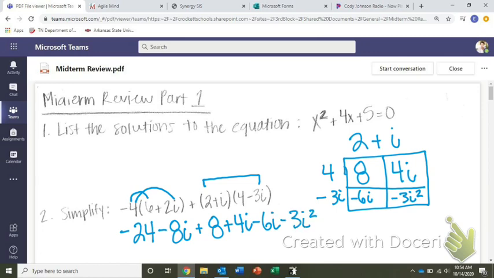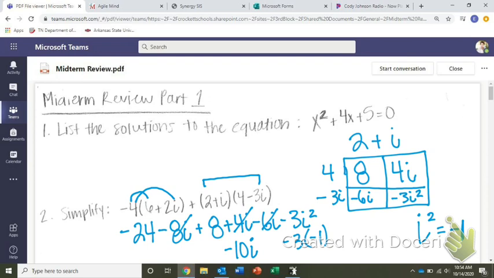Now, before I go any further, what do you know that i squared equals? i squared equals negative 1. So, anytime you see an i squared, you must plug in a negative 1. Okay? So, I'm going to go ahead and combine my i's. I have a negative 8i plus a 4i minus a 6i, which leaves me with a negative